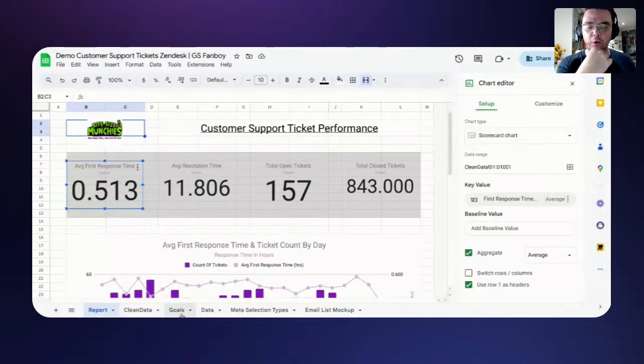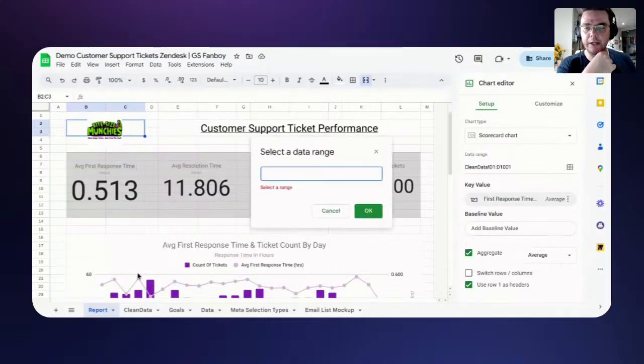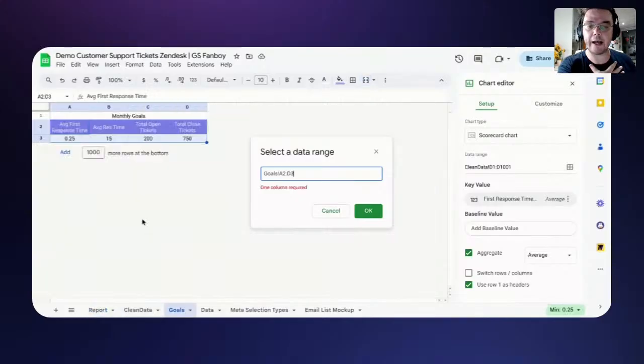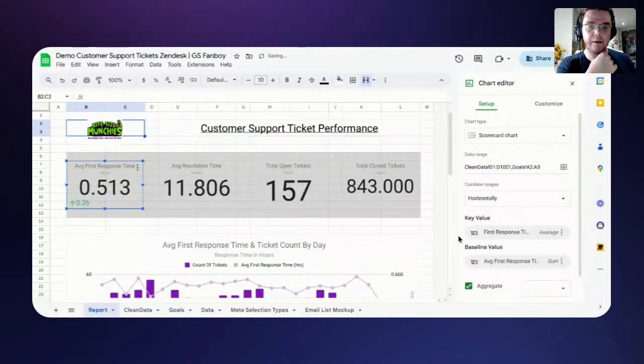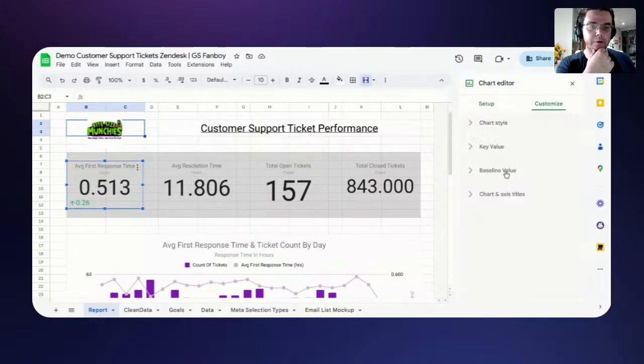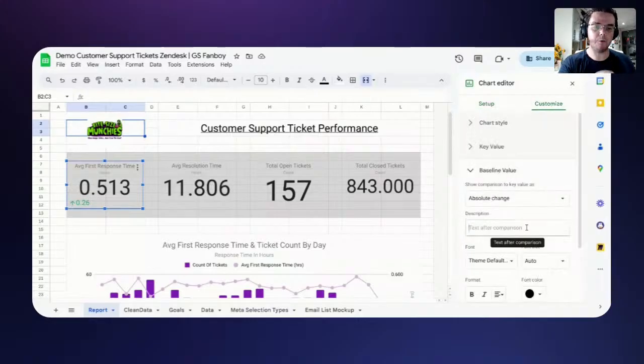So when we change our goals, we want to have our goals be able to show on here. Let's do add a baseline. We need to add a new value, select range. I'm going to go over to our goals tab. I'm going to select this first column because that's our average responses. We want 15 minutes. We're going to put that as an add. And we're going to hit sum. Then we go over to custom baseline value, and we're going to put